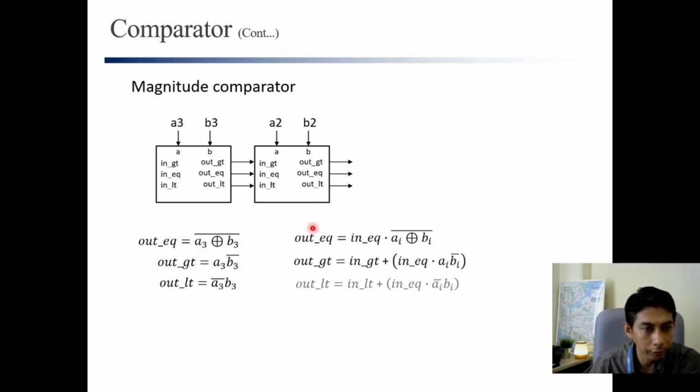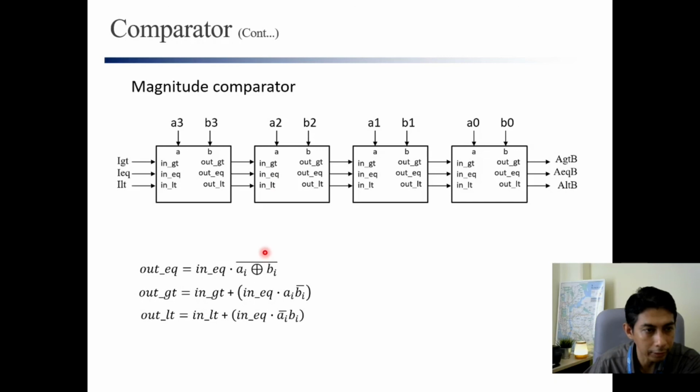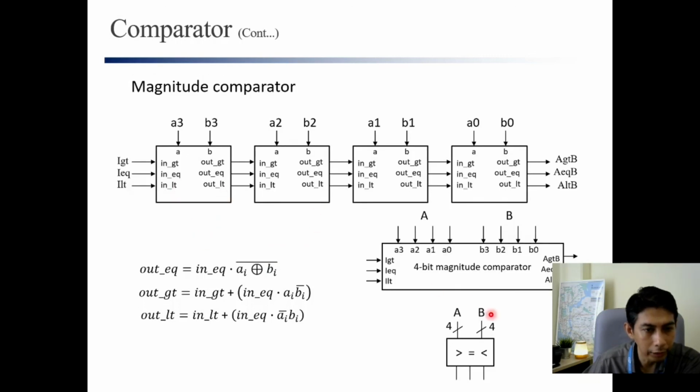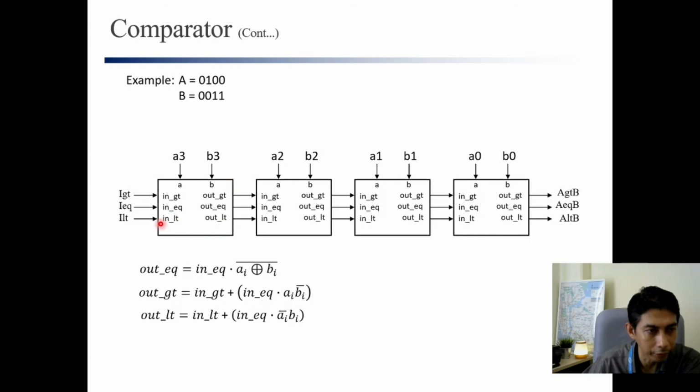So here I give you another example, or is it the same example? It is the same example. To have your circuit, you need to connect like this for 4 bits. You need to build it for 1 bit first, and then you connect like this. So to check, for example, whether A is greater than B or not, the first input you have to put in your system is 0, 1, 0.